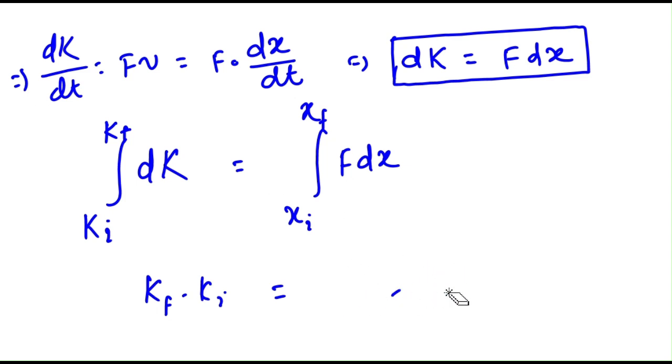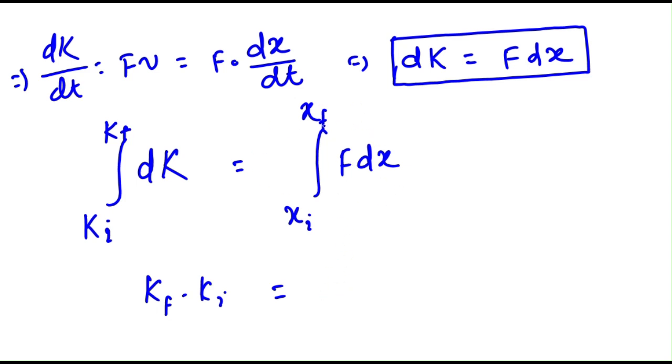Why am I saying that? Because force is variable, and if it is varying with x, then this term is going to give us some different value after integration. So this force, till now we don't know what is the exact form here, but we know that this is varying with x. So we are not going to take it out and write xf minus xi. So we should avoid this common mistake. So we can write here directly,